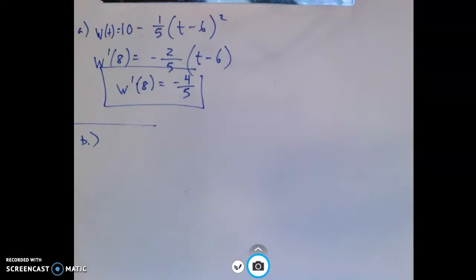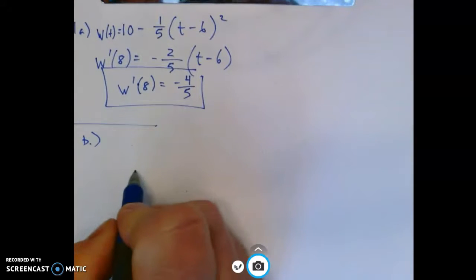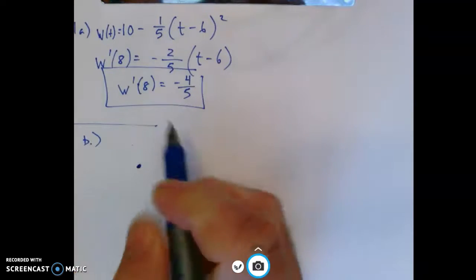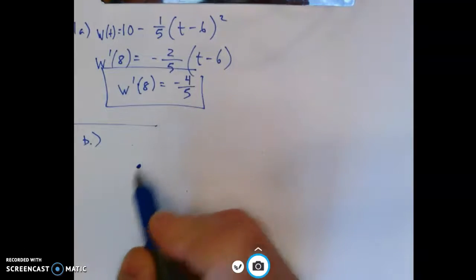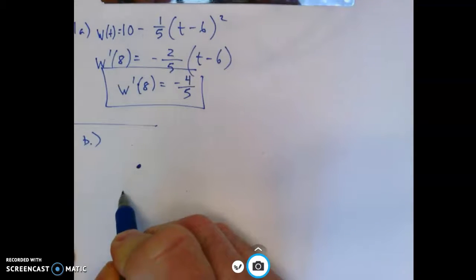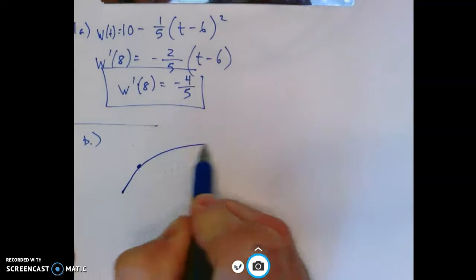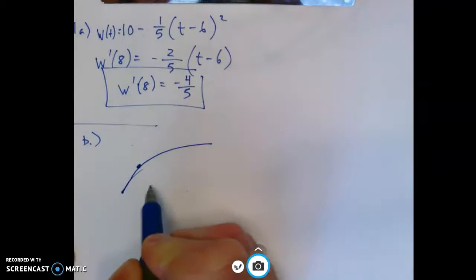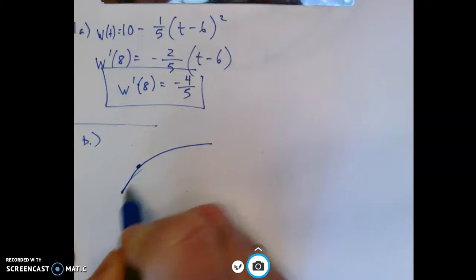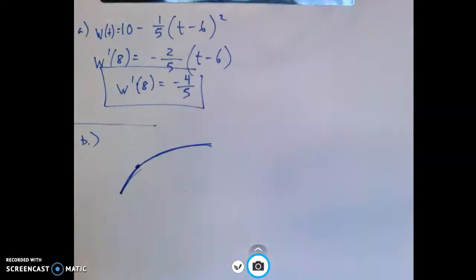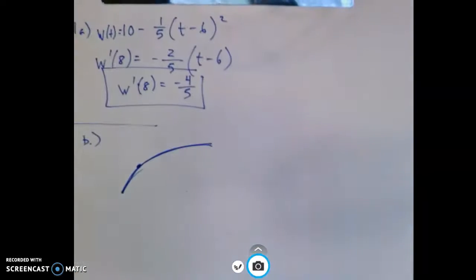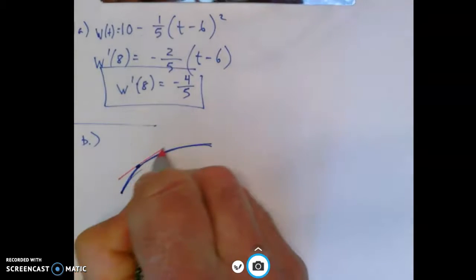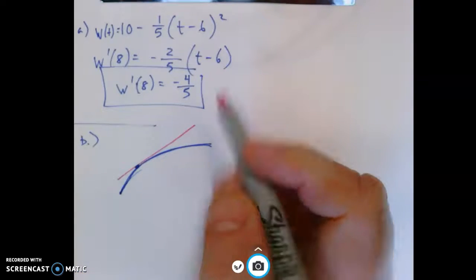Okay, so maybe we understand this, maybe we don't, but the fact of the matter is, if we have the coordinate point W3, right, and we know that from 3 to 3.5 it's concave down, we know it looks like this. So our tangent line is going to give us,